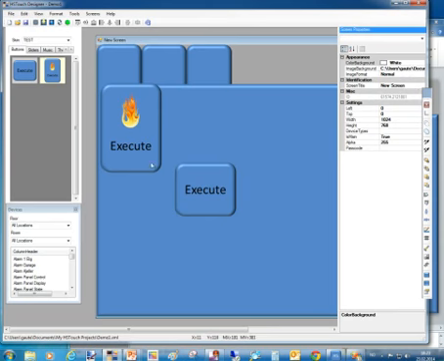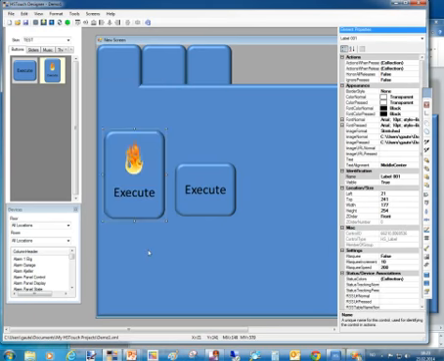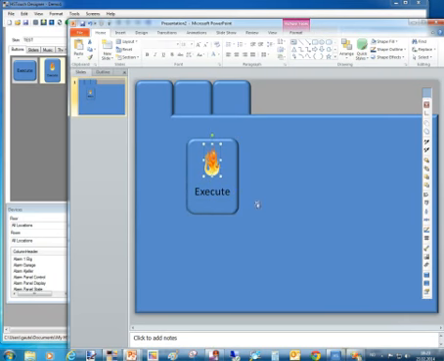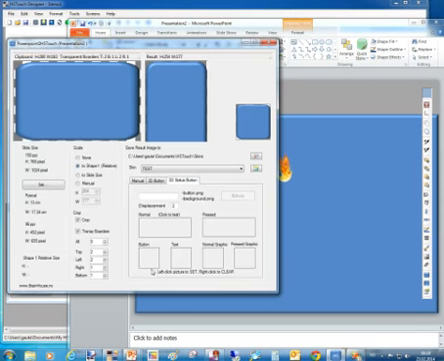It's very simple and very quick to make buttons like this. But typically I would like status buttons, so when I press them, they will stay pressed and show me that something is switched on. So to do that, I would like to make a copy of this and make the passive one black and white. So what we do now, we select the button, go here to the 3D status button and say this